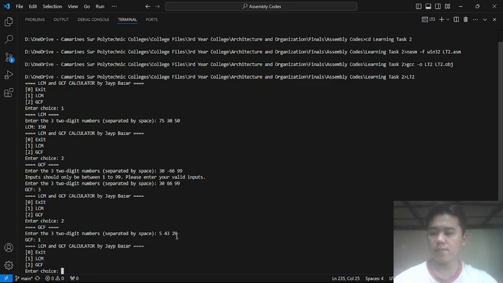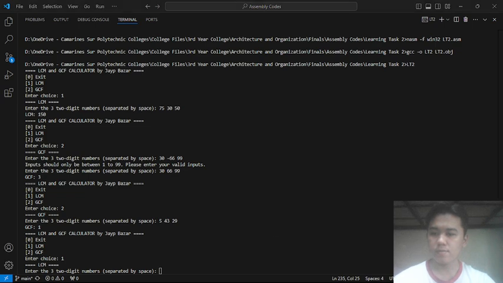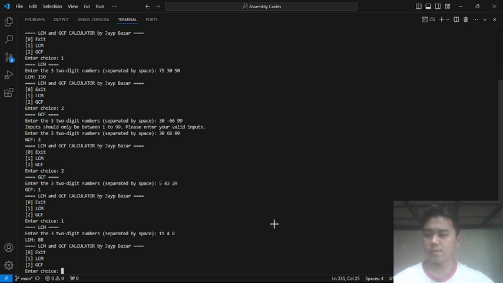The GCF of 5, 40, and 29 is 1. So we check for the LCM of 11, 4, and 8. The LCM of 11, 4, and 8 is 44, or is it 88?